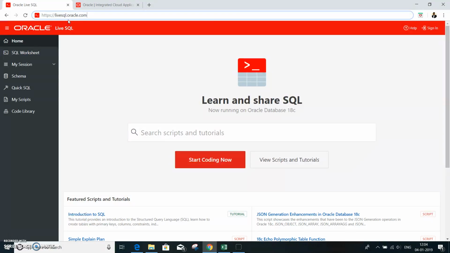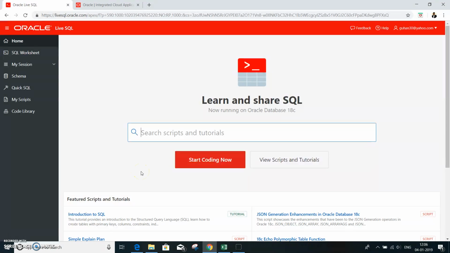So let me log into this account and show you some of the features available in livesql.oracle.com, wherein it is far easier to learn about the structured query language. And importantly, this one runs on the latest version, the Oracle Database 11c.